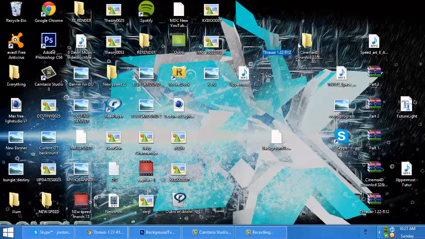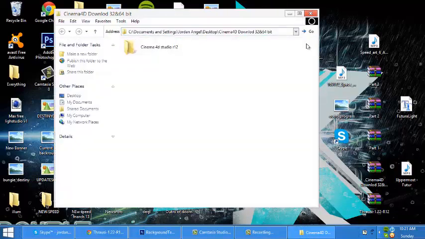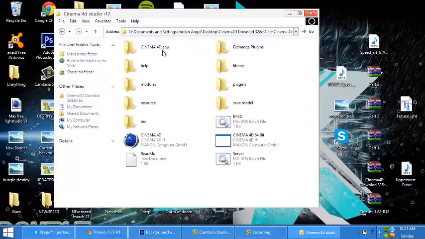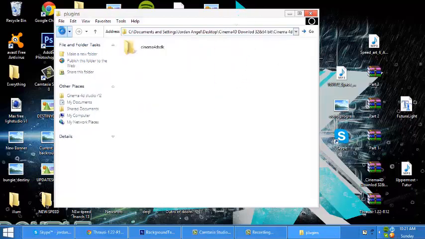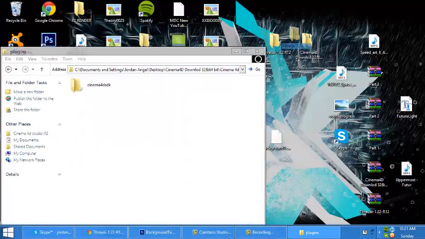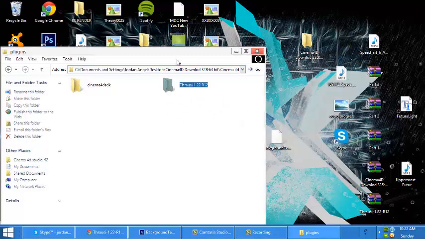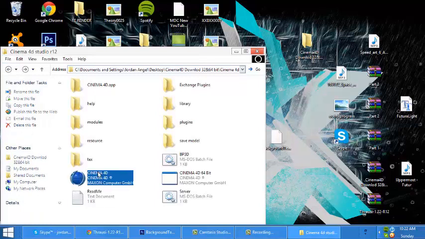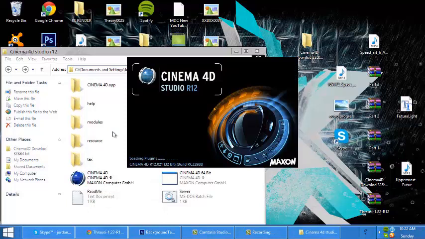Now what you want to do is go into your files and get your Cinema 4D. I have the file just on my desktop, so I'm going to open that up and go into plugins. It's going to look a little something like this, except you're going to have your files somewhere else, in a totally different area than I am. You want to go into plugins, not Exchange plugins, just normal plugins. Then grab your Thrausi file, not the RAR, just the Thrausi file, and insert that into the plugins. Now open up your Cinema 4D to see if Thrausi made it in. So while we wait here for Cinema 4D,